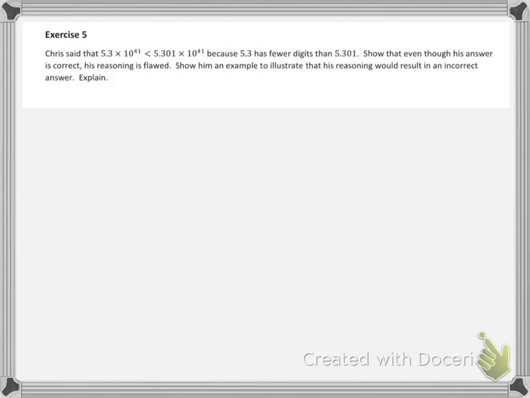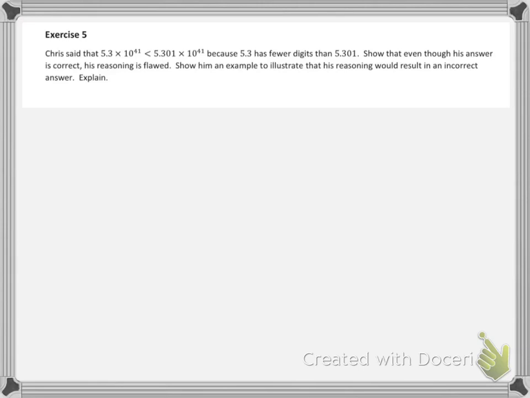Chris said that 5.3 times 10 to the 41st is less than 5.301 times 10 to the 41st because 5.3 has fewer digits than 5.301. Show that even though his answer is correct, his reasoning is flawed. Show him an example to illustrate that his reasoning would result in an incorrect answer. All right, well, yeah, he is wrong. It's not because of the number of digits,